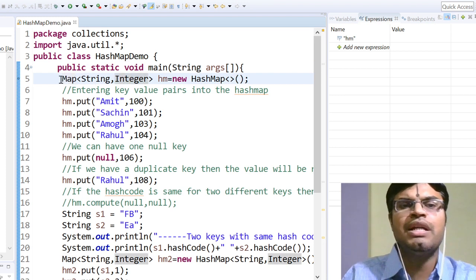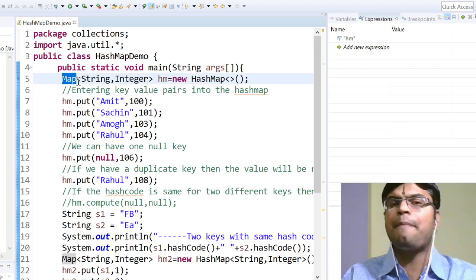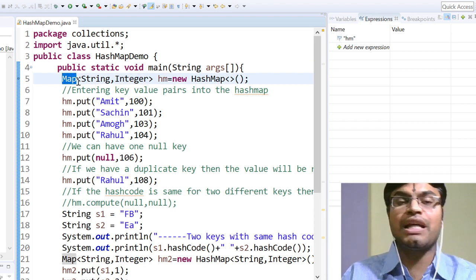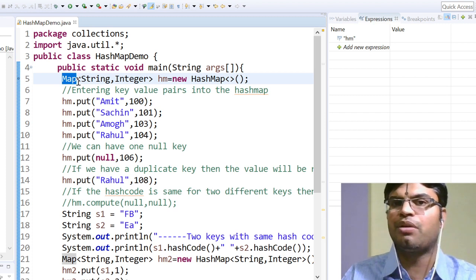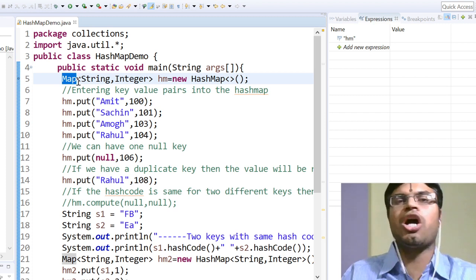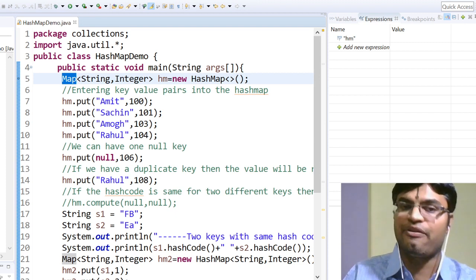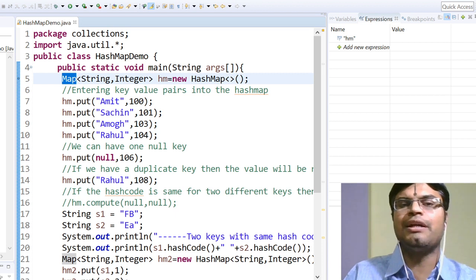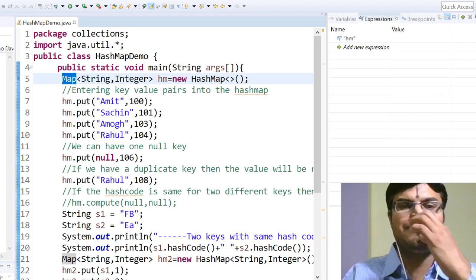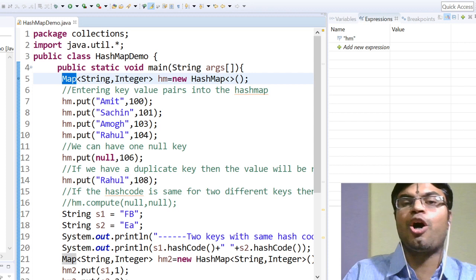Within this main function, initially I have written Map. Now Map is an interface, guys. For Maps I cannot create objects. If you remember what an interface means, I cannot create any objects for my interfaces, but I can create something called references. So you can see here I have created a reference called hm, and this hm is an object of